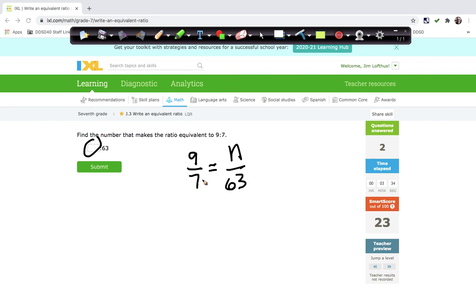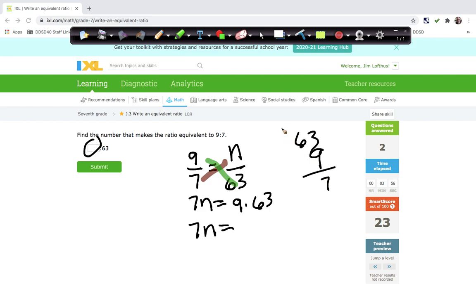And then we do cross products. 7 times n is equal to 9 times 63. 7 times n is equal to 9 times 63 is equal to